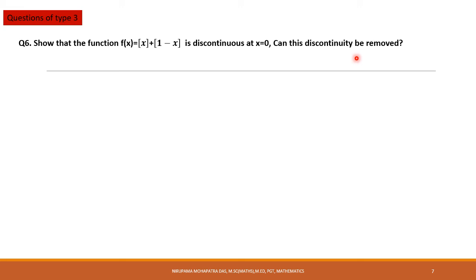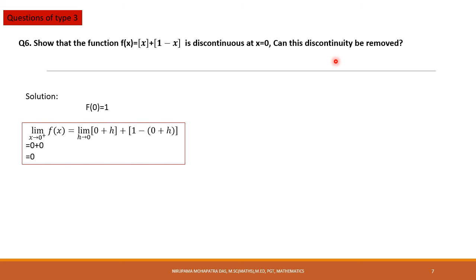So whenever it comes to this removal of discontinuity, it means what? It might be the case of removable discontinuity. As you know, removable discontinuity can be removed when the function is redefined. So let's first check whether it is continuous or not. First of all, take x equal to 0. What is the value of f(x) at this point? So f(0), if you put 0 directly, you are getting 0.